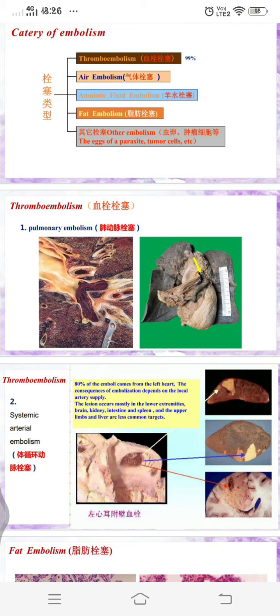And the major sites of this arterial embolization are the lower extremities, and also the brain, intestine, kidney, spleen, and upper extremities, involved to a lesser extent, mainly the lower extremities. And the consequence of this embolization in a tissue depends mainly on the vulnerability to ischemia,